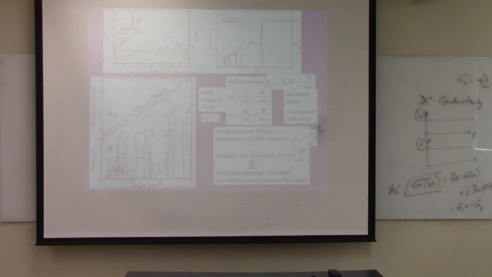If I multiply by 1 plus I omega tau, then I get NE squared tau over M times 1 plus I omega tau. So do this, you get simply NE squared tau over